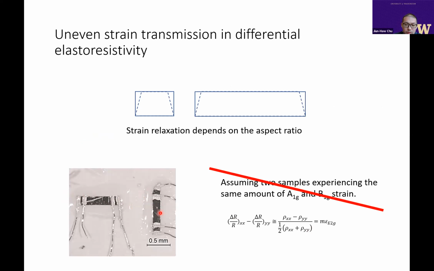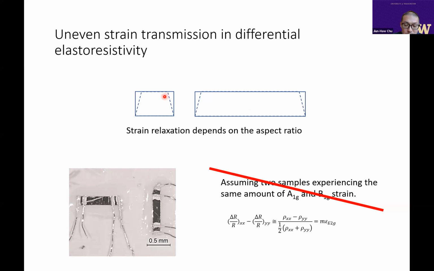The reason is that when you glue the samples on the piezo stack, only the bottom part is adhered to the surface of the piezo stack. And when you deform the piezo stack, the strain will relax as you go through the thickness of the sample. Now, the degree of relaxation depends on the aspect ratio of the lateral dimensions and the thickness. If you have a very large lateral dimension, for example, like in this case, and a very thin sample, very short thickness, then there's negligible strain relaxation. In contrast, if your thickness and your lateral dimension are comparable, then you're experiencing a very strong